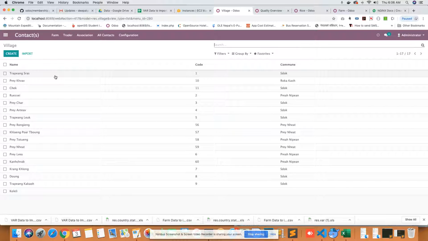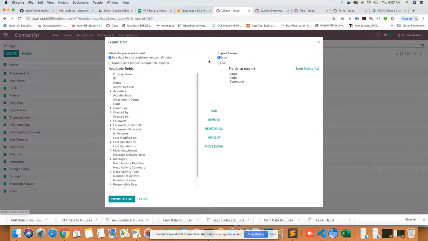So if I need to export this data, for example the data of village, then I have to go to village and see all this list of data. I select this top checkbox, it will select all this data, and I will go to the action button and click on export. So what data do I need to export? Then I will